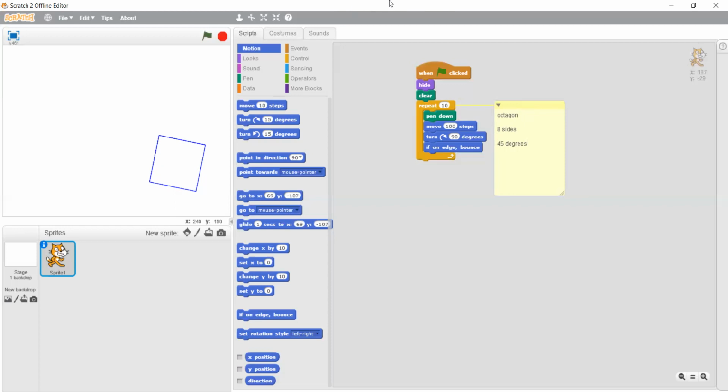So now, we also have to make changes in the number of repeat steps, like 8 and all that. Okay. Now the turn has to change to 45. Now the shape is going to change. See, we got something like this. If you draw it again, it will just adjust and you'll get the perfect one. Okay. Yeah. So this is how it is working. Like this, based on the number of sides and the angles of that particular shape, you can draw things like square, rectangle, and all that.